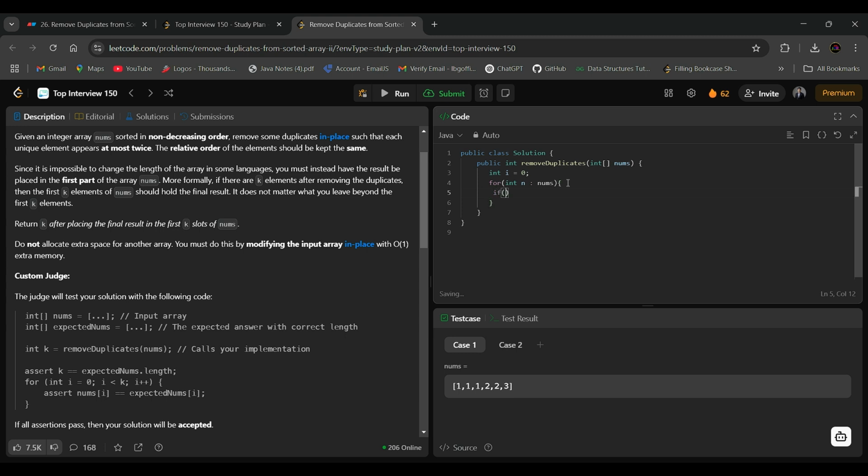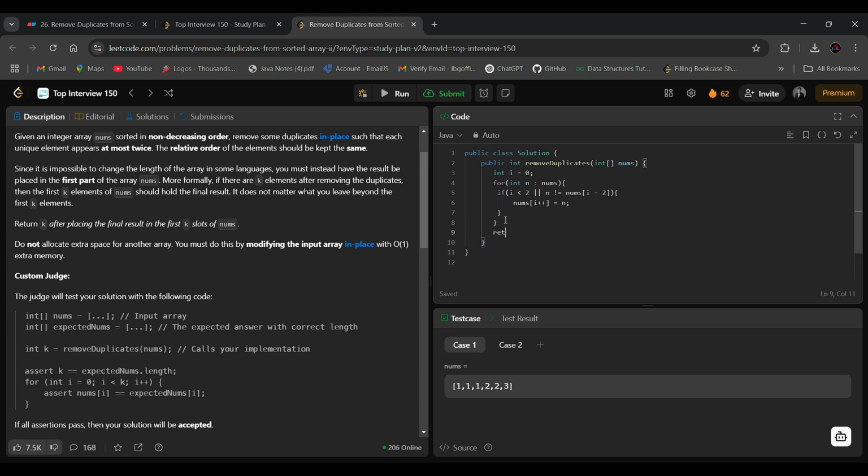Then check if i is less than 2 or n is not equal to nums of i minus 2, then nums of i plus plus equals n.